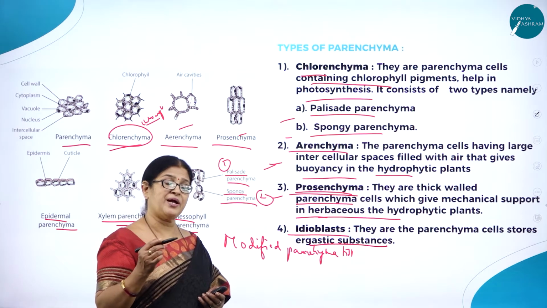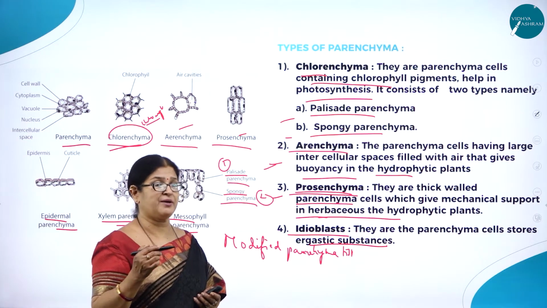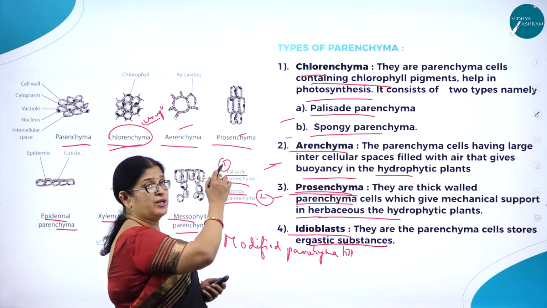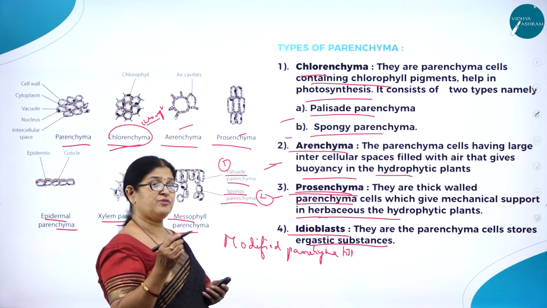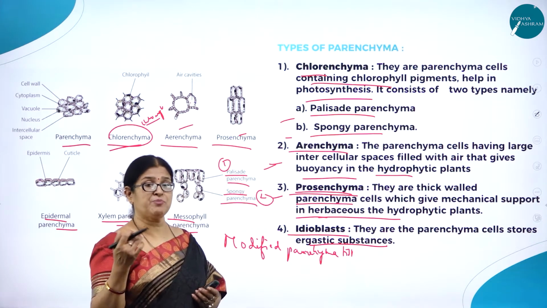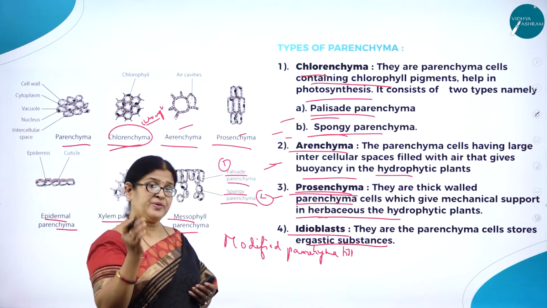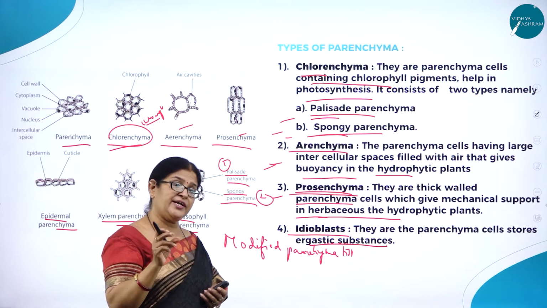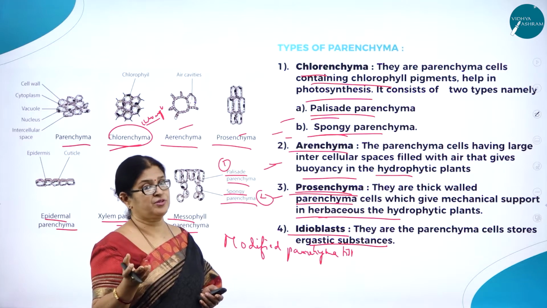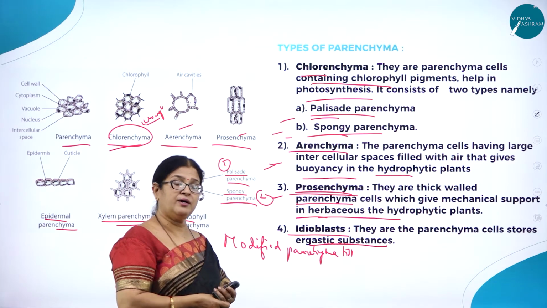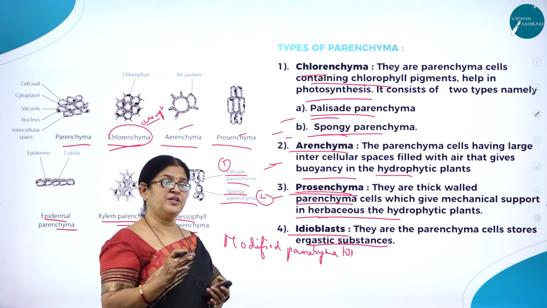So, parenchyma undergoes modification to serve some special functions. Such modified parenchyma tissues are the chlorenchyma tissue, which helps in photosynthesis, and chlorenchyma is usually found in the mesophyll of a leaf, and it has been broadly classified into two types, that is palisade and spongy, based on the shape of the cells. Palisade are elongated, compactly arranged, laden with chloroplasts, which help in photosynthesis. Spongy are spherical cells having large intercellular spaces and filled with chloroplasts.